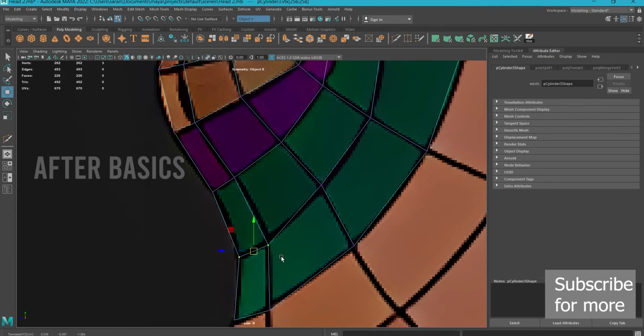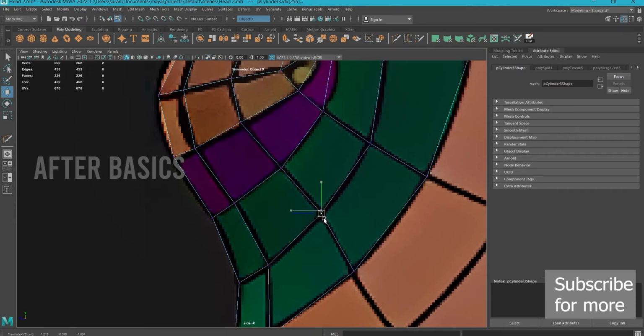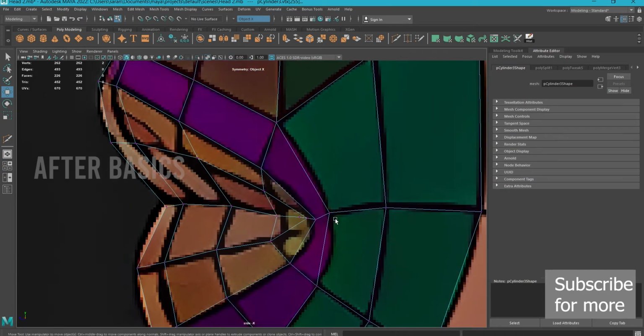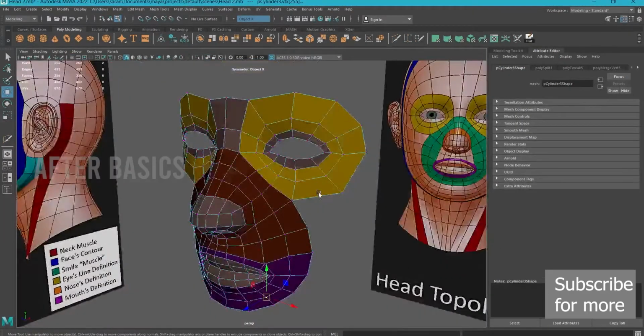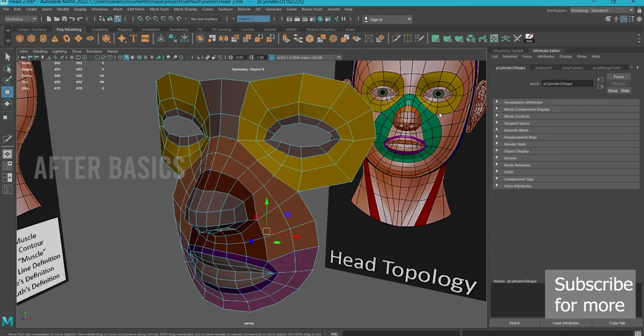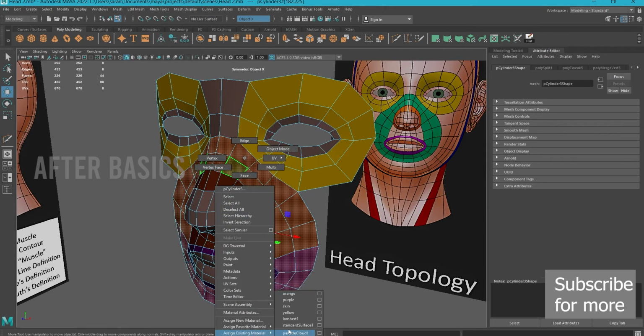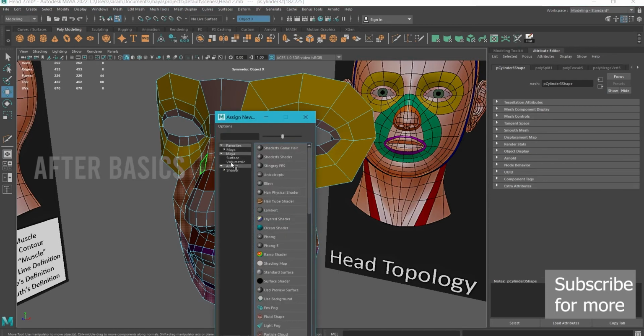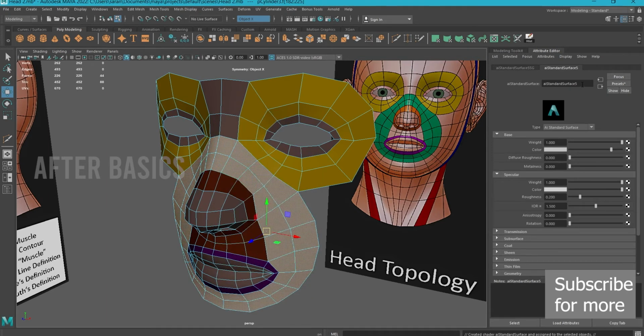If you don't have a good basic, then whatever you learn, it doesn't matter. Basics are important. Now, we need to correct this part. The reason they are labeled in different color is because they are different loops. These loops are very important when you are making stuff or doing facial rigs, etc. Proper topology is very important for